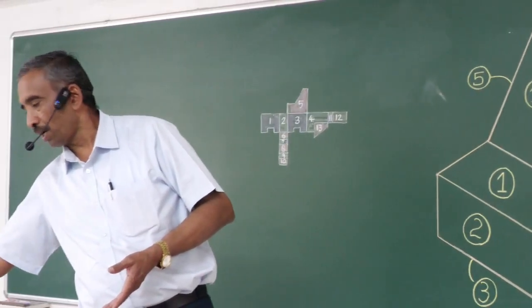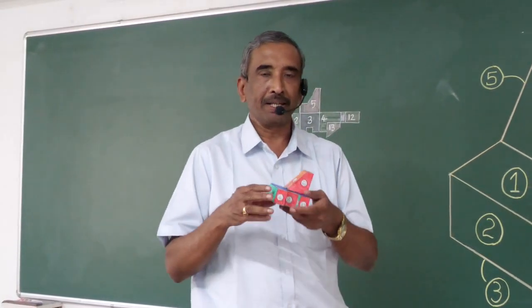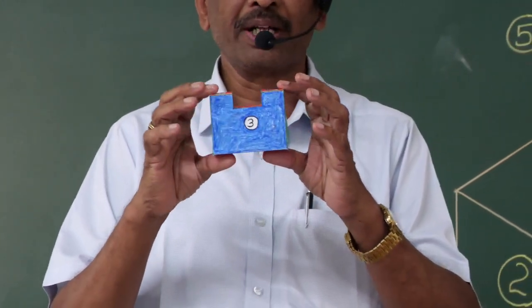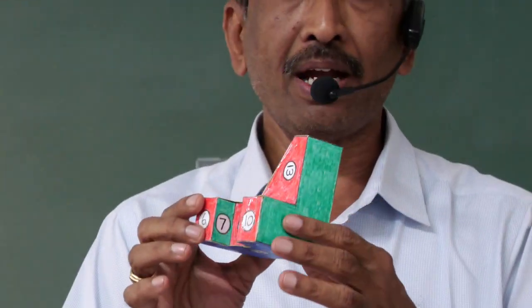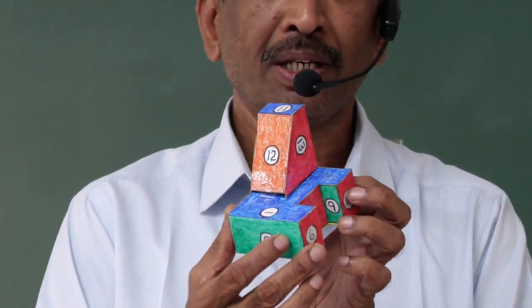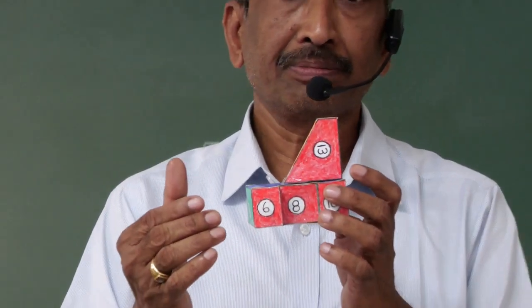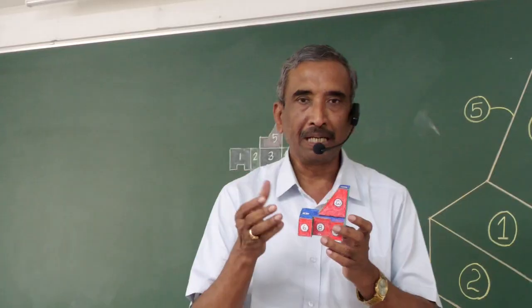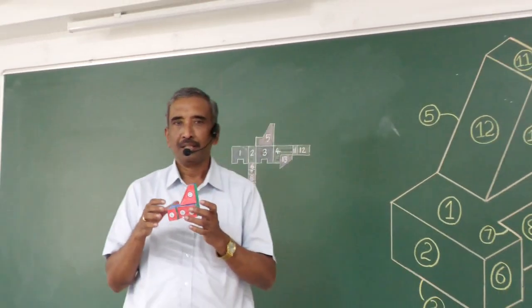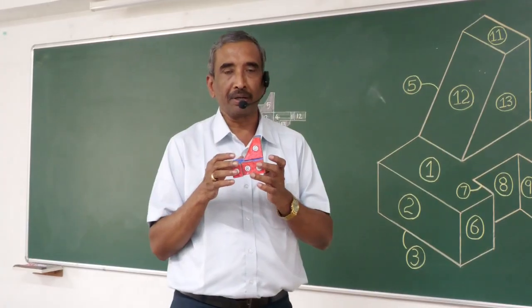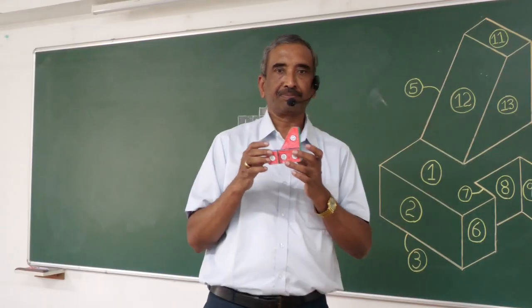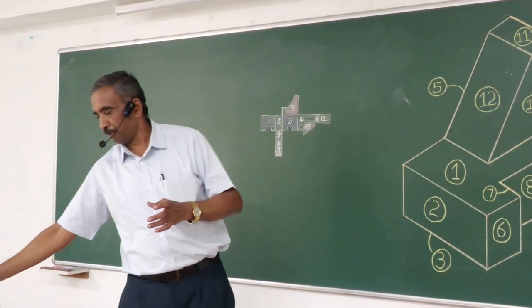So we cannot make the model out of wood. We can make the model out of paper. You can see the colorful model which is made out of paper. At the end of the class, you can learn how to make the model. Model making will not take much time. You can complete within 10 minutes. The complete process of making model will be explained by our faculty, Mr. Naveen Ganesh.